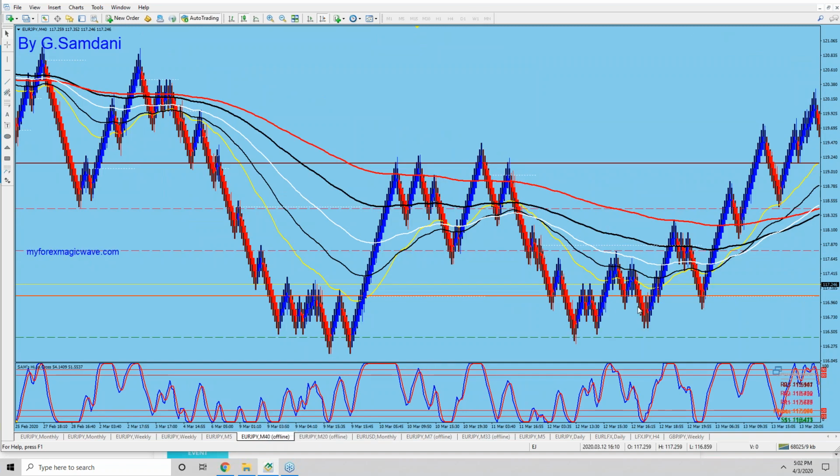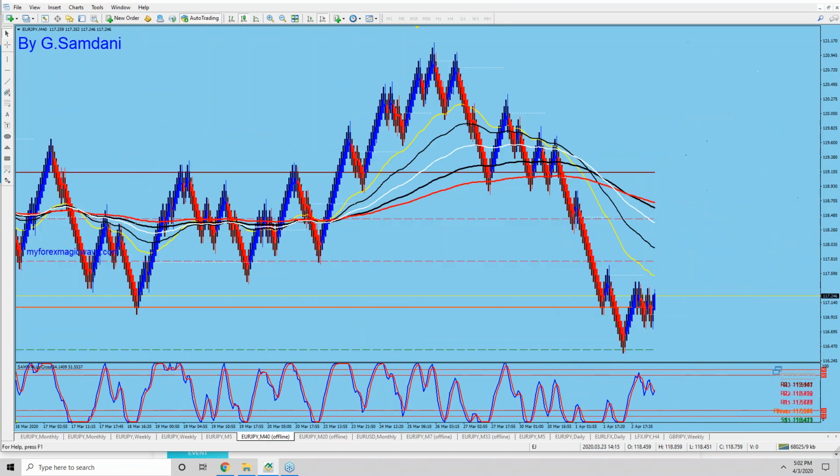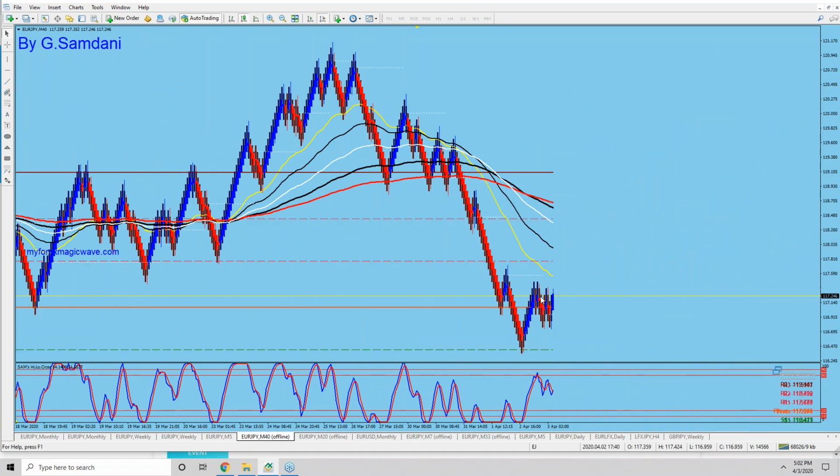Why? Because the euro weakness, we just saw the euro weakness is too much here, right? So maybe I think that is going to retrace here a little bit and then go to the downside. But if yen gets weaker, then we have a problem, right? So this between yen right now is a little confusing. So let's see what happens over the weekend.